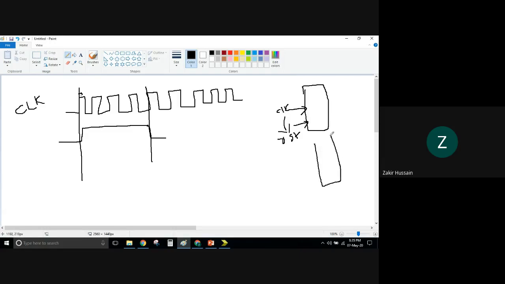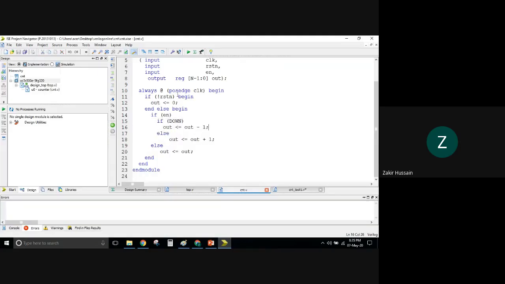There is another way of representation. We have the clock here, and we have the reset here. This sort of representation is an asynchronous reset. If you have reset here and your clock here, this sort of representation is asynchronous. If you see the design here, only when there is a posedge clock are you considering the reset. If it had been an asynchronous reset, you would change the code like this, with posedge or maybe negedge.